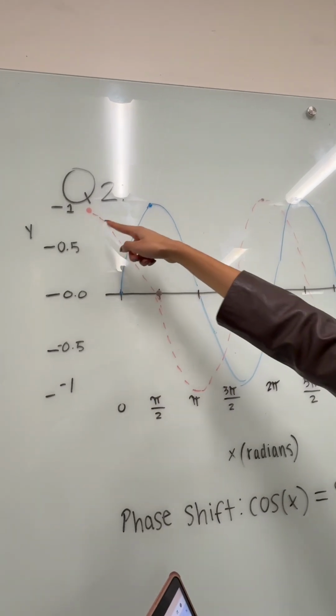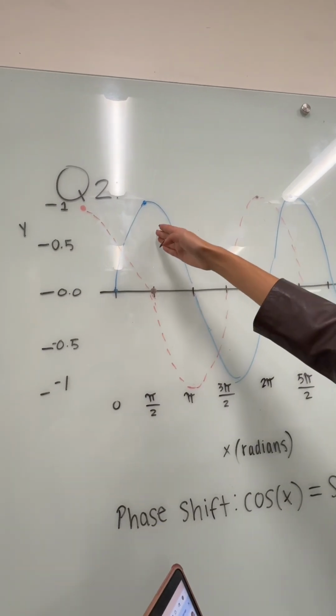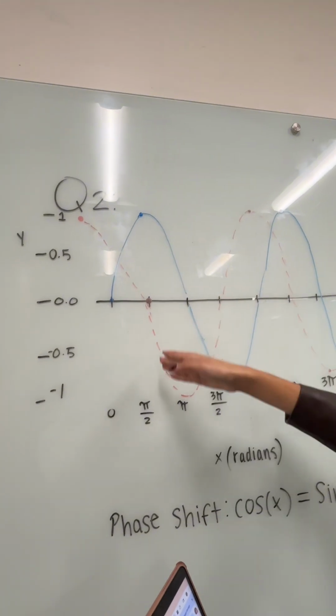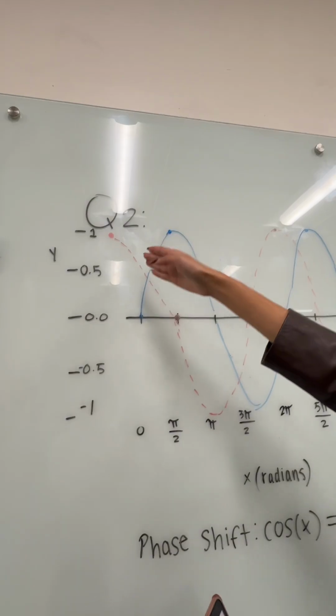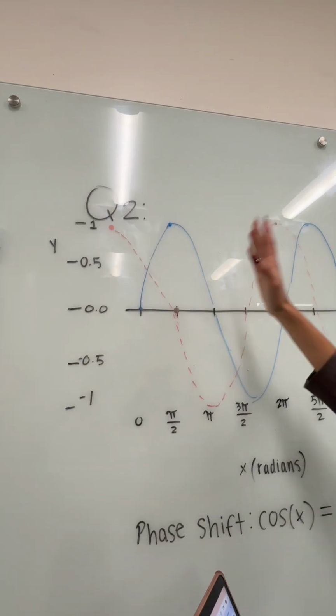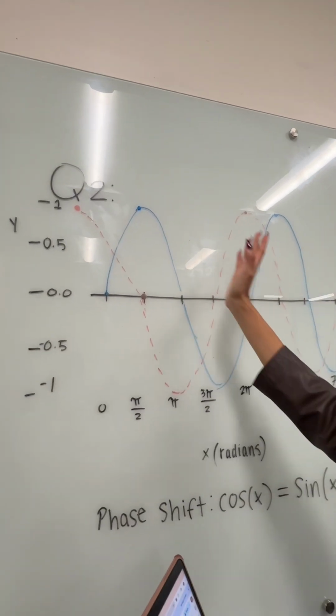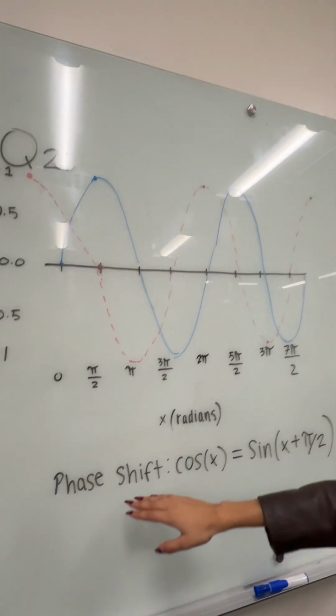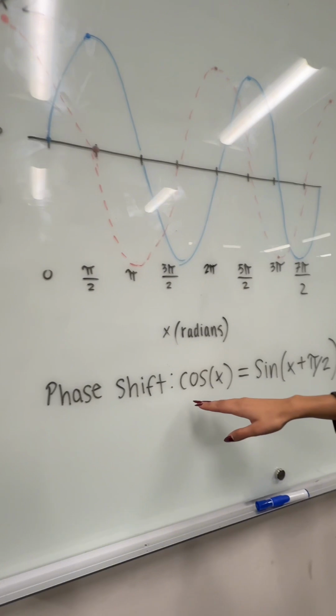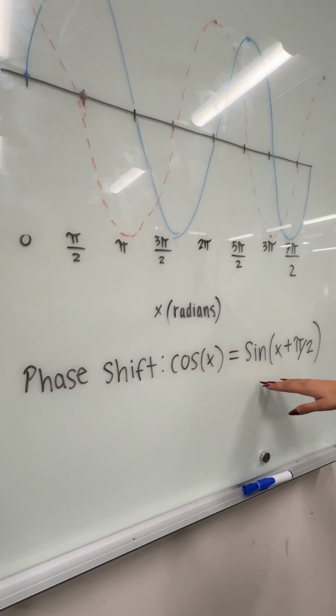So you have to move the sine's maximum at pi over 2 to the cosine's maximum at x equals 0. So you move the entire graph pi over 2 units in a negative direction. In terms of an equation, this is the phase shift: cosine of x equals sine of x